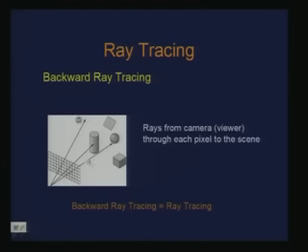And then depending on the nature of the object or the material of the surface of the object, there will be a certain behavior to that ray which intersects the object. So, it may get reflected, it may get refracted and so on. So, the idea here is that we would trace that ray to decide the illumination of the point which is intersected by the ray. So, this backward ray tracing is actually nothing but ray tracing, that is what we study.